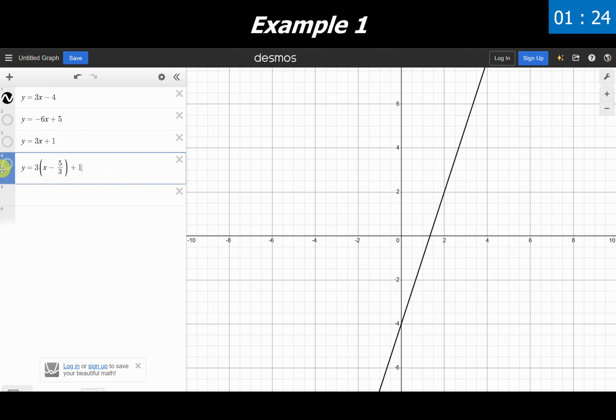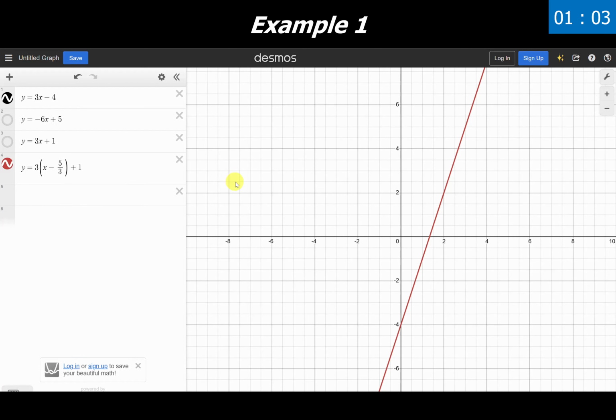So to look at it graphically then, what do we end up having? We see that this new graph lies right on top of our other one. Hoping the color is coming through fine. Our original is in black, and our new equation is showing up in red, and they lie right on top of one another, which means that these two things are identical. And if something is identical, then it's an identity, and an identity has infinite solutions.